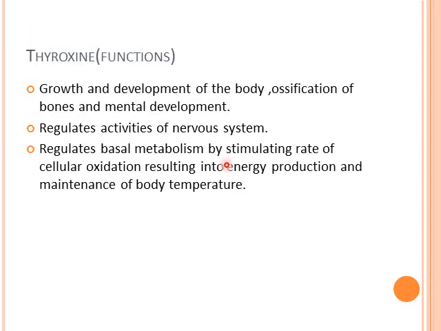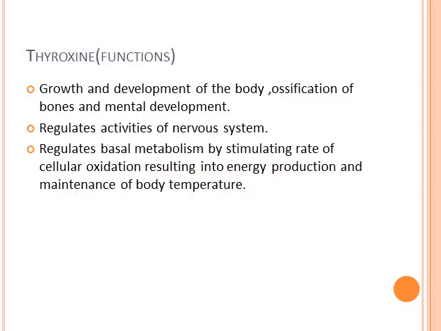Now here, the main function of thyroxine is growth and development of the body, the ossification of bones, and mental development. Patients with less secretion of thyroxine will be a little bit retarded in their mental development. Now it regulates the nervous system. Most activities of the nervous system are regulated by the thyroid gland or thyroxine hormone. It regulates the basal metabolism by stimulating the rate of cellular oxidation, resulting in energy production and maintenance of body